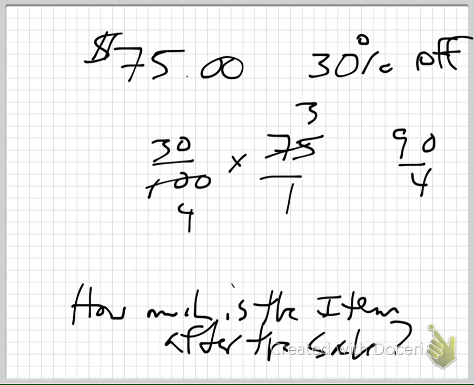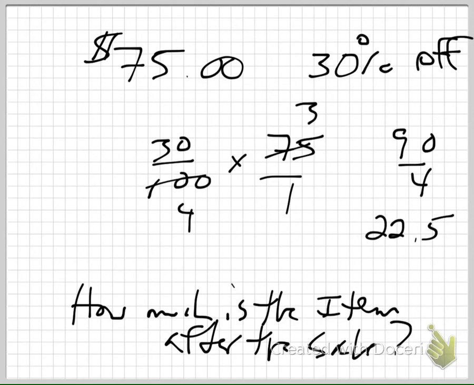What is 90 over 4? 22.5. So what is 22.5? What am I trying to figure out here? It's $22.50, right? That would be $22.50